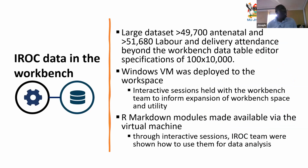One of our experiences with our data in the workbench is that we had quite a large data set, as you've seen in the dashboard. Particularly for this study, we had extracted over 49,000 antenatal records and over 51,000 labor and delivery records. However, we noted this was beyond the workbench data table editor specifications of 110,000 records. Therefore, a Windows VM was deployed for the workspace, and we had interactive sessions with the workbench team